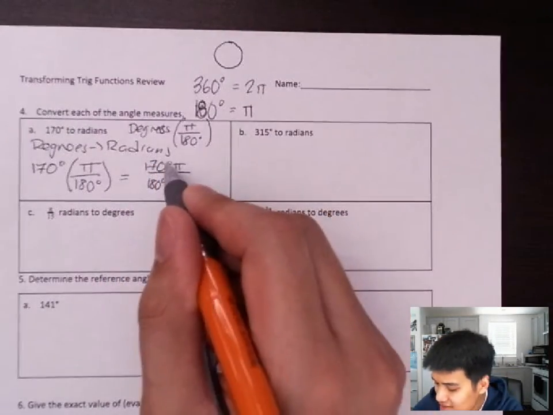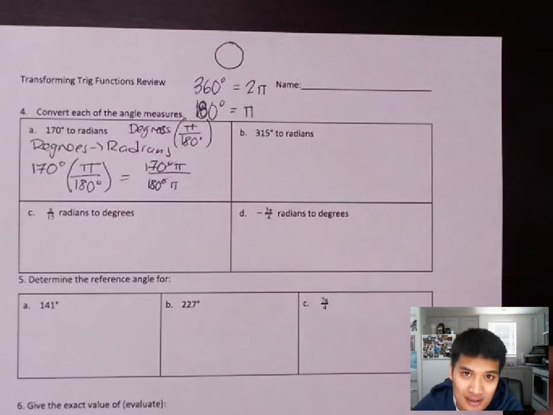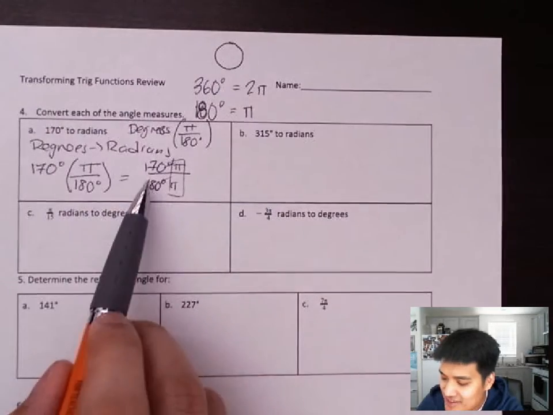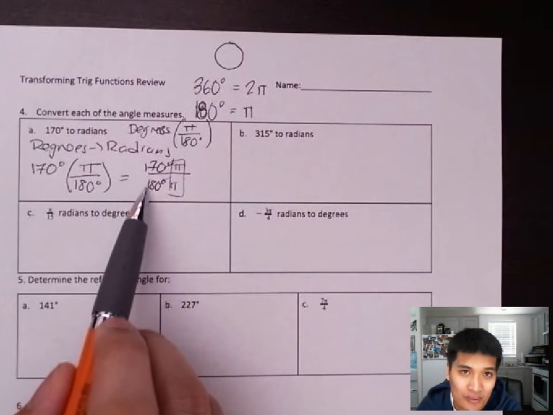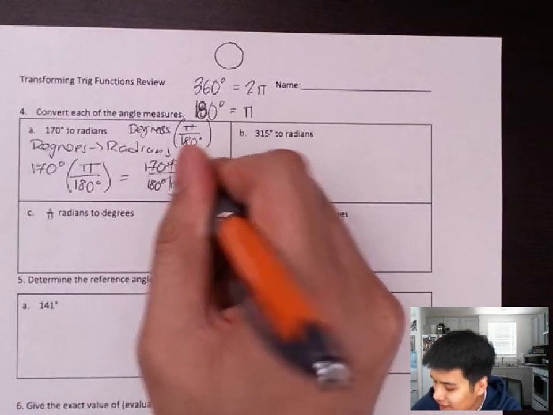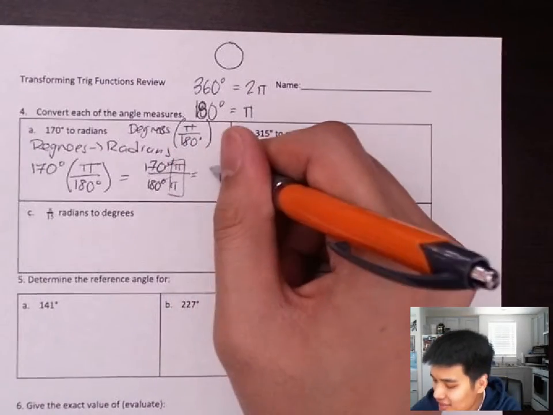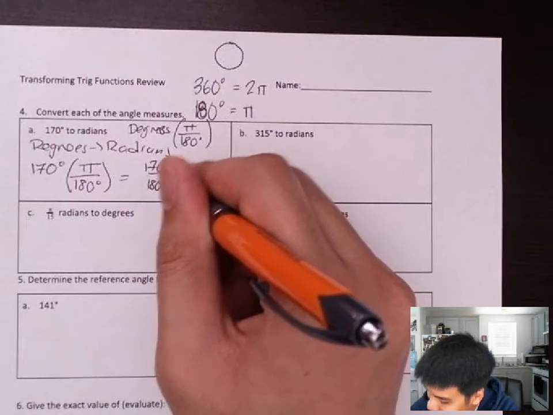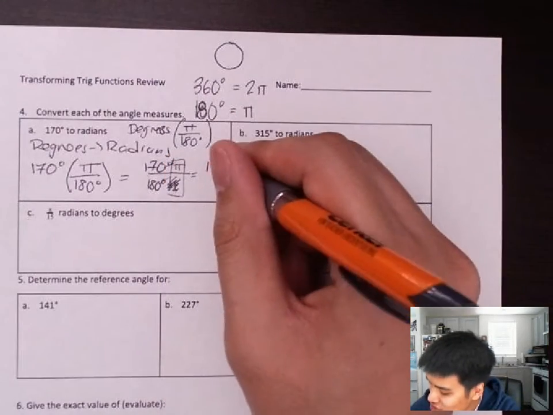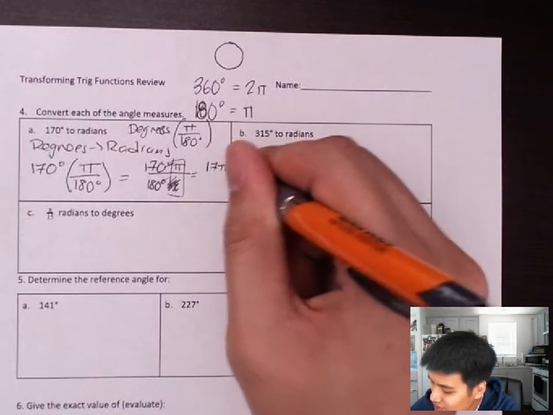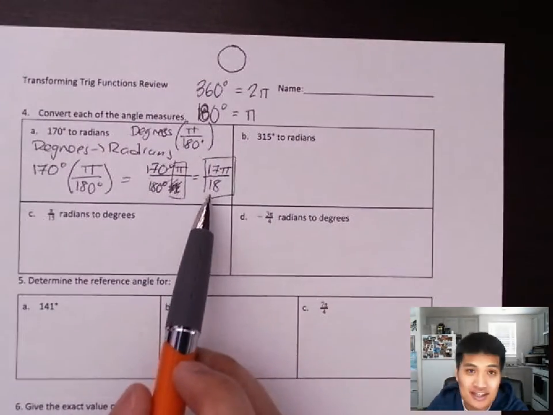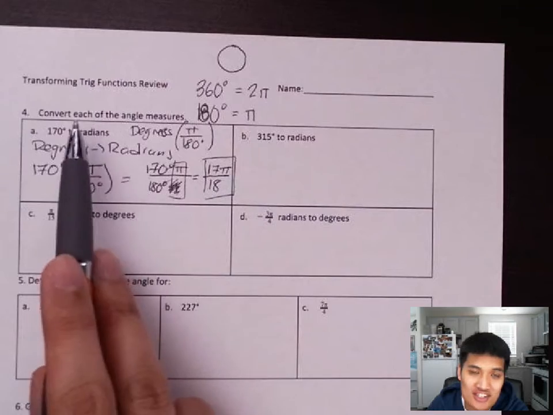Our units, this degree unit, disappears, the degrees over degrees becomes a giant 1. I can simplify 170 divided by 180 by dividing each of them by 10, thus giving me 17 over 18, and the pi stays in the numerator. It should be 17 pi over 18. So this right here is equivalent to 170 degrees,